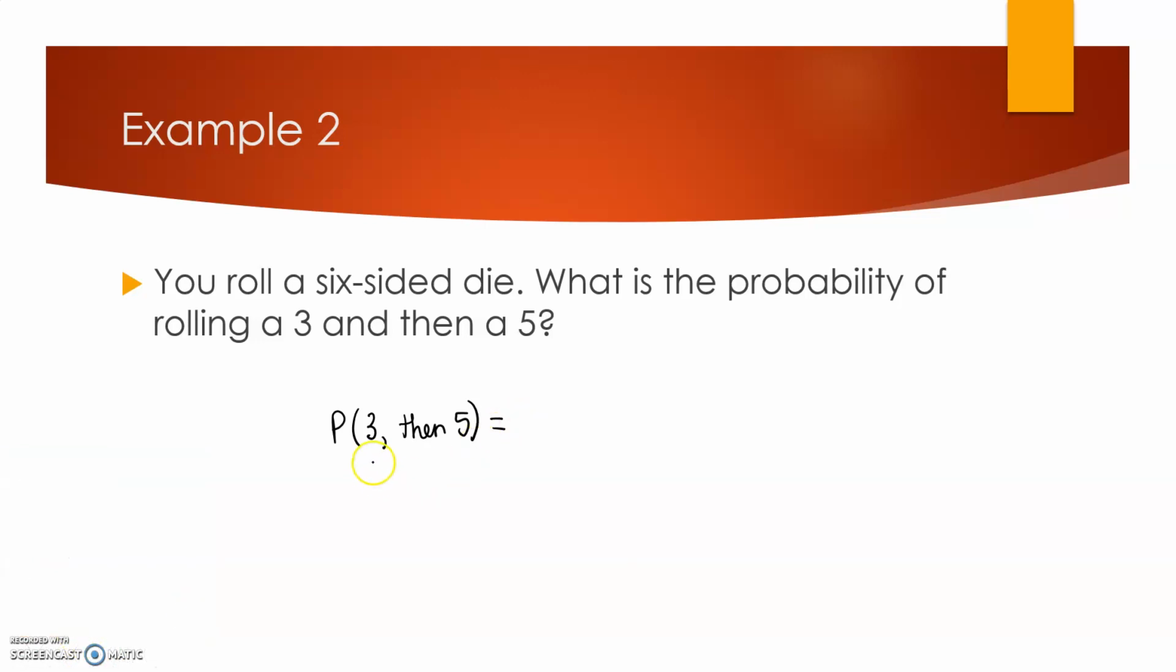So the probability of me getting a 3, there's only 1 3 on a die out of 6 sides. For the 5, there's only 1 5 out of 6 sides. So when we multiply these together, it's going to be 1 out of 36. And you can leave your answer like that. You can also write your answer as a decimal. If we do 1 divided by 36,